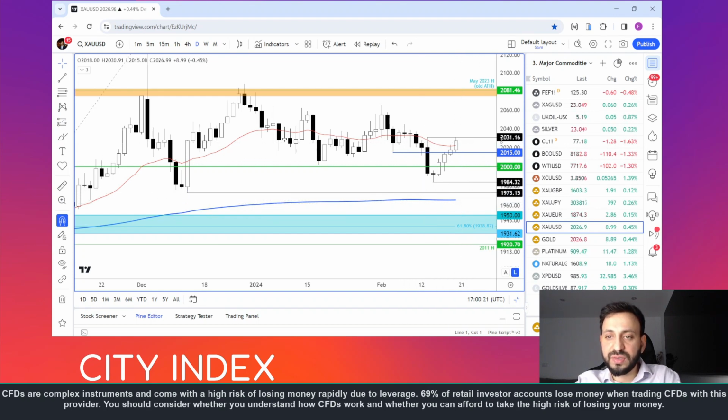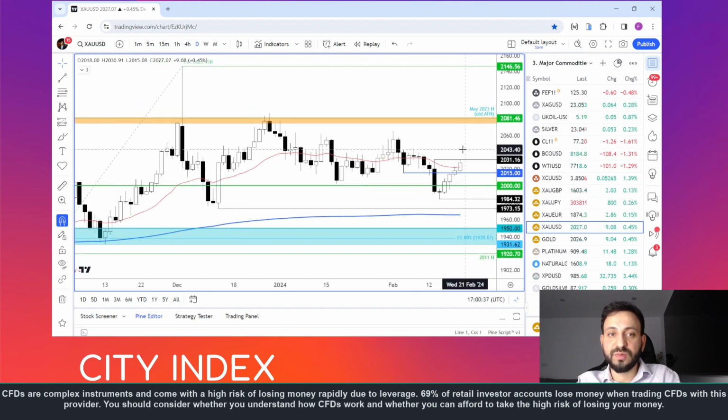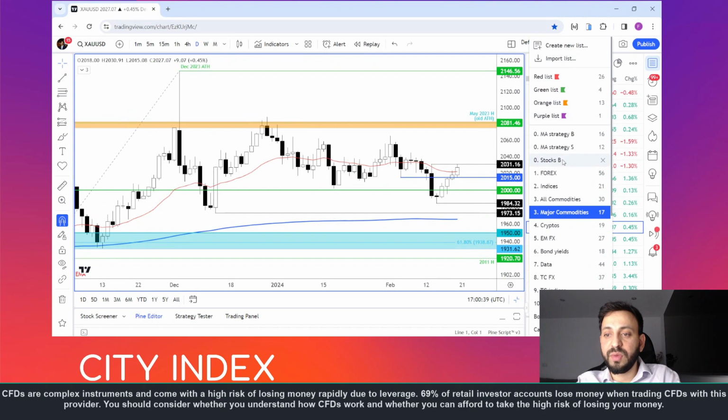On the upside, Tuesday's high at 2031 is this level right here, which is being tested at the time of this recording. So let's see if it can break that level and hold above it, because I'm not so sure if gold will be able to rise significantly further in the short-term outlook, because we've seen a rise in government bond yields